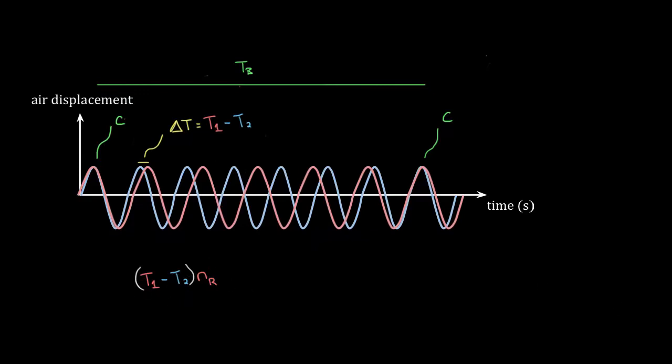This is how far apart in time the two crests are. So they start off right on top of each other. After 1 cycle, they're that far. After 2 cycles, that far. 3 cycles, that far. 4 cycles, that far. 5 cycles, that far. Now they start to get so far apart in phase that this red wave is overlapping